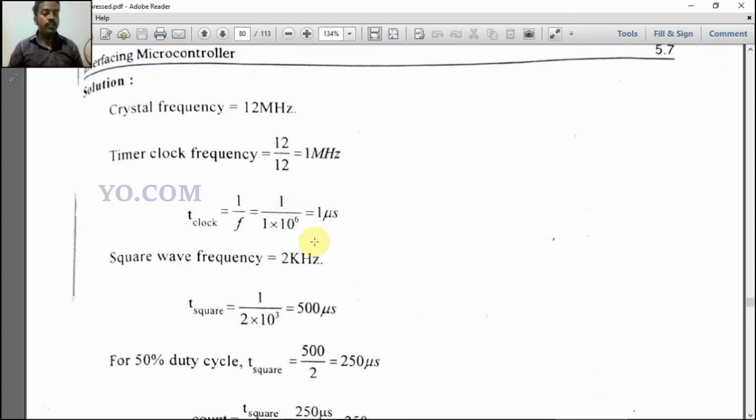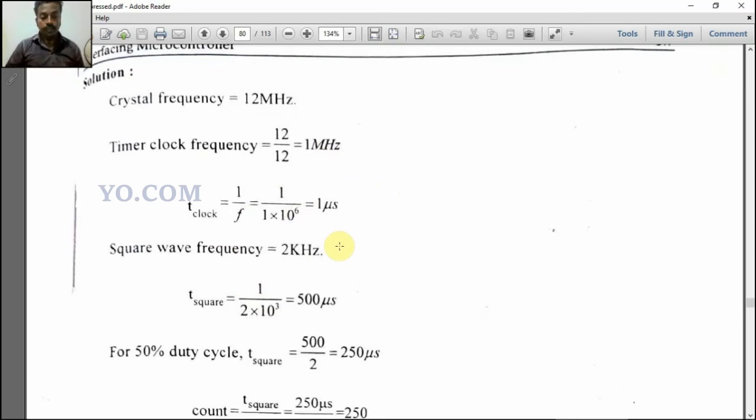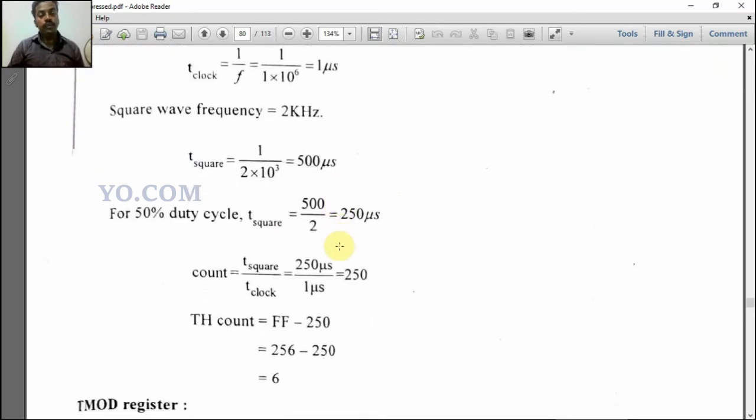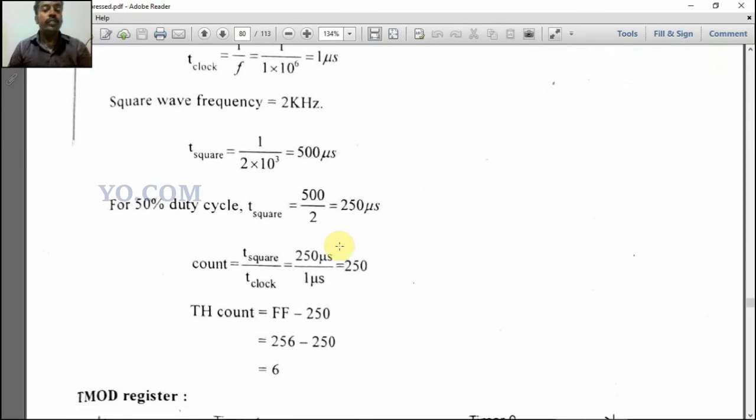The square wave frequency is 2 kHz, that is given in our problem. So T square equals 1 divided by 2 × 10^3, that is equal to 500 microseconds. So 50% duty cycle means you divide the 500 by 2, that is equal to 250. Then count equals